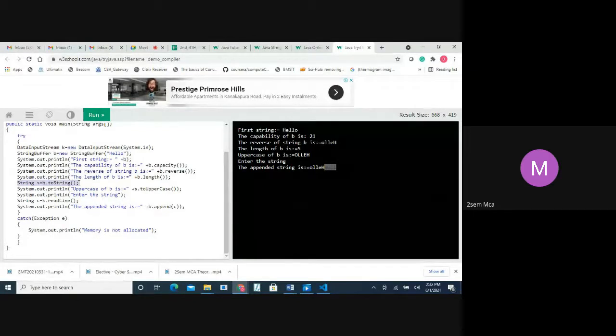In case, suppose, I have not taken string, I have taken something else, and I want to convert that back to string, then you can use toString. Generally, the method toString is used for converting to a string. But in this case also, whatever is there in B, what is B here? B is an object. So in that object, first time we are taking capacity. What is a capacity? 21, right? What data type is 21 here? Number.